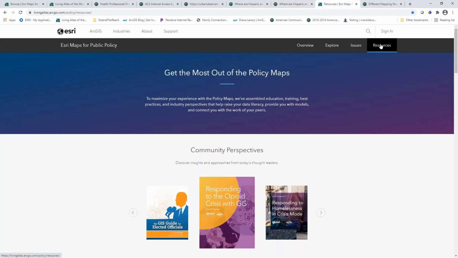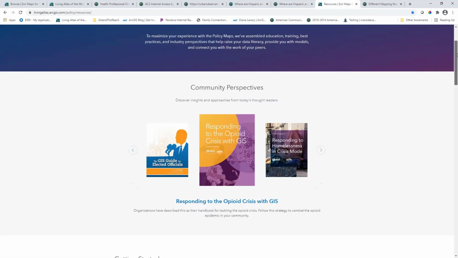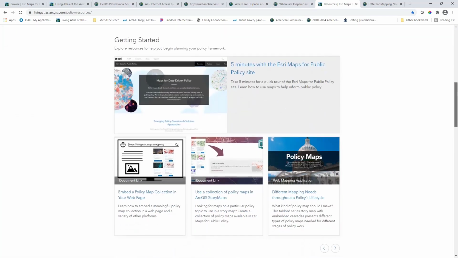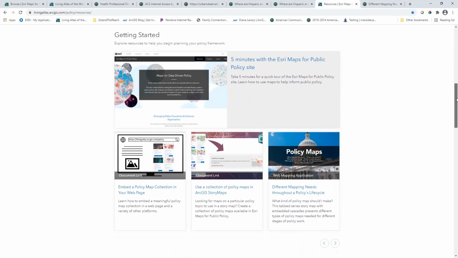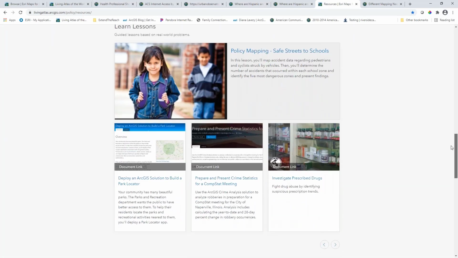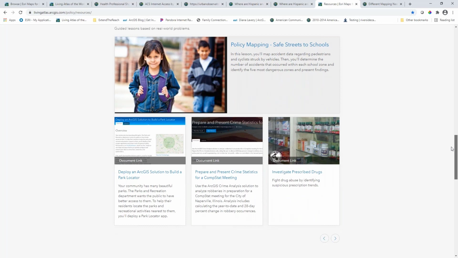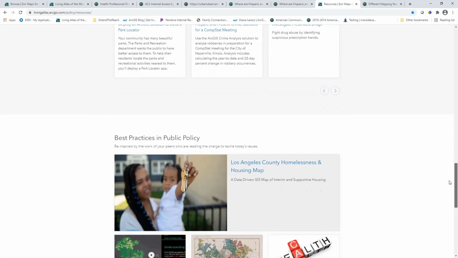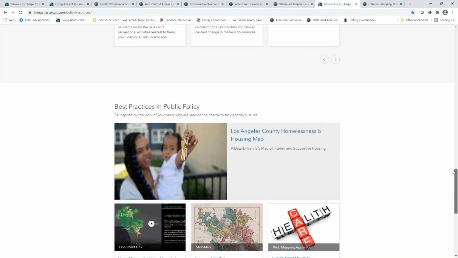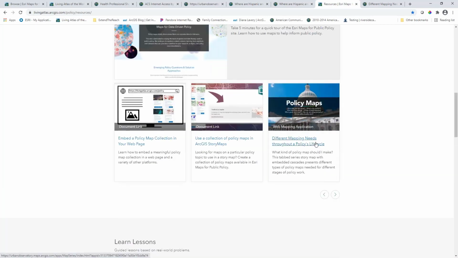with this resources tab back on the policy map site. This is filled with all kinds of videos and blog posts and tutorials for you to get started, not only using this site, but also doing your own policy mapping as you're going to be doing in your racial equity impact assessments. And one resource that I really like is up here, different mapping needs throughout a policy maps,